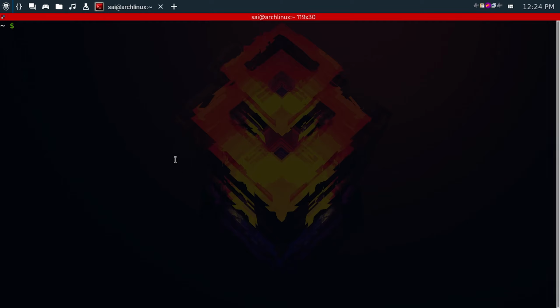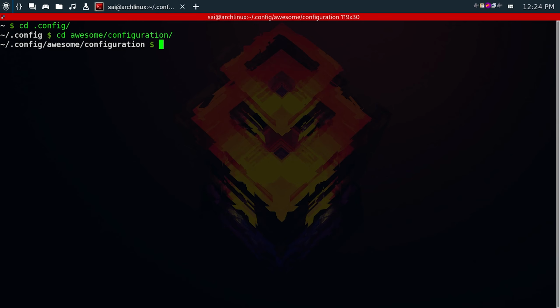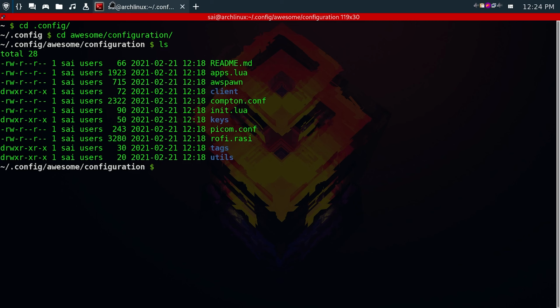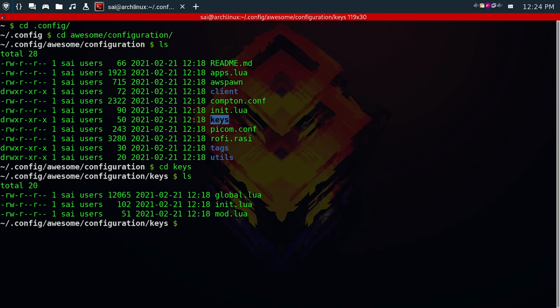If you want to change any shortcuts, you need to go to .config, cd into awesome, then configuration, and here you can type ls. Go to the keys folder, and here you will find three files.